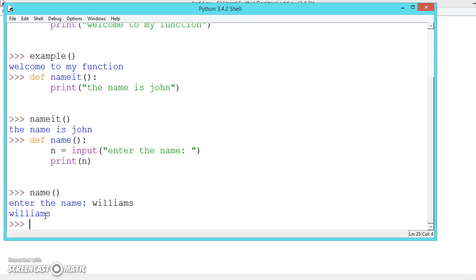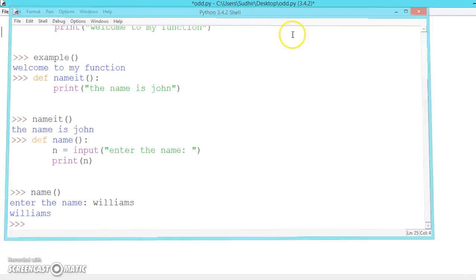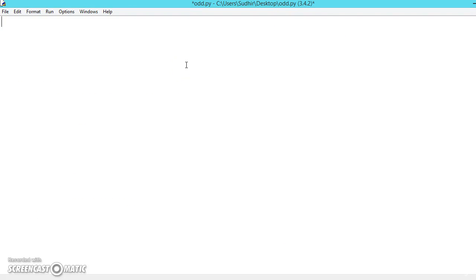So let us create an addition and subtraction function and call it in the shell. So let us write it in a file. Let us create a function, def addition.